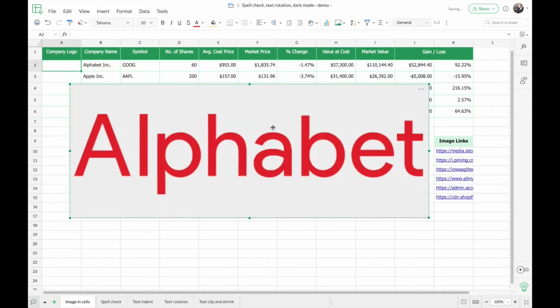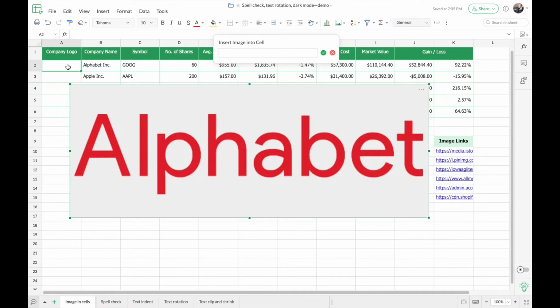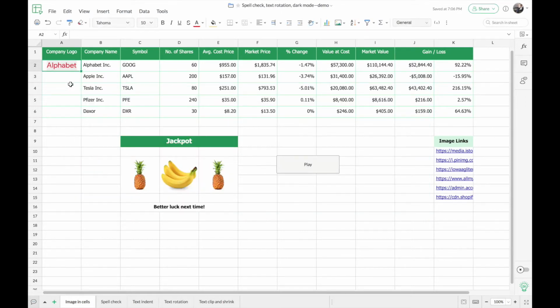And similarly, you can use the options here in the top right corner of the image. Here you can see the option called insert image into cell. So using this option, you can insert the same image within a cell in the spreadsheet. So if you have an image that has been inserted over the cells, you can even insert it within the cells in the same spreadsheet. So for that, simply click the option and then choose the location or the cell in which you want to insert the image into and click OK. So this way, using these options, you can customize the way the images have been inserted into your spreadsheet.